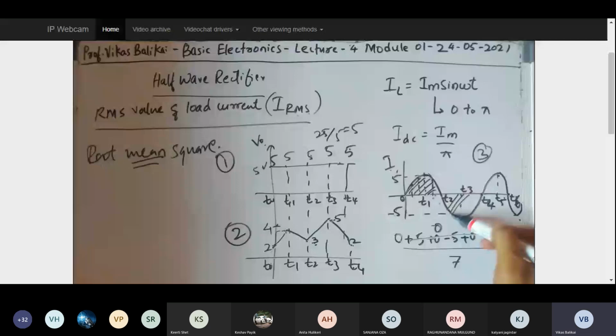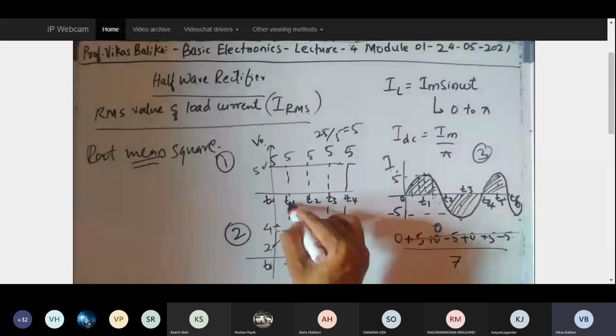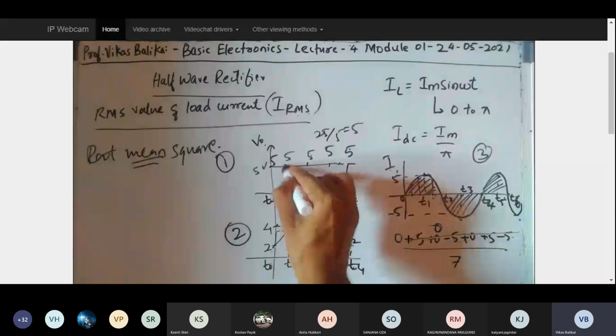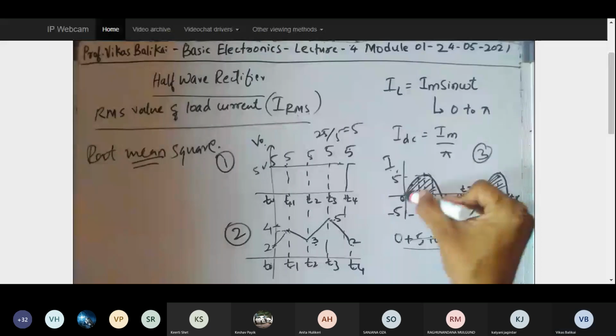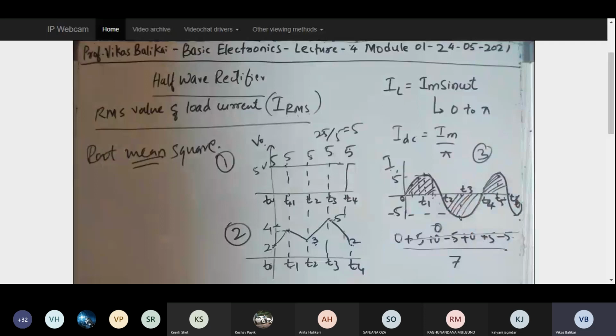I'm not talking the way I did earlier, where at T1 the value is exactly 5, at T1 exactly 4, and so on. At different instants of time the value is distributed according to the way the waveform is moving. Since distribution is coming, I am considering mean. Now why this root and square? That is to avoid the mathematical problem that I just quoted. Let me tell you how I am going to do that.